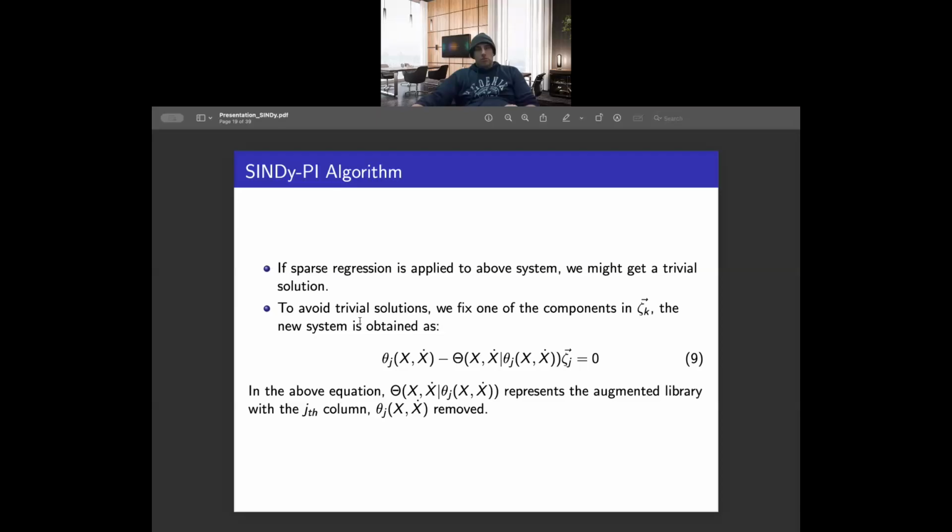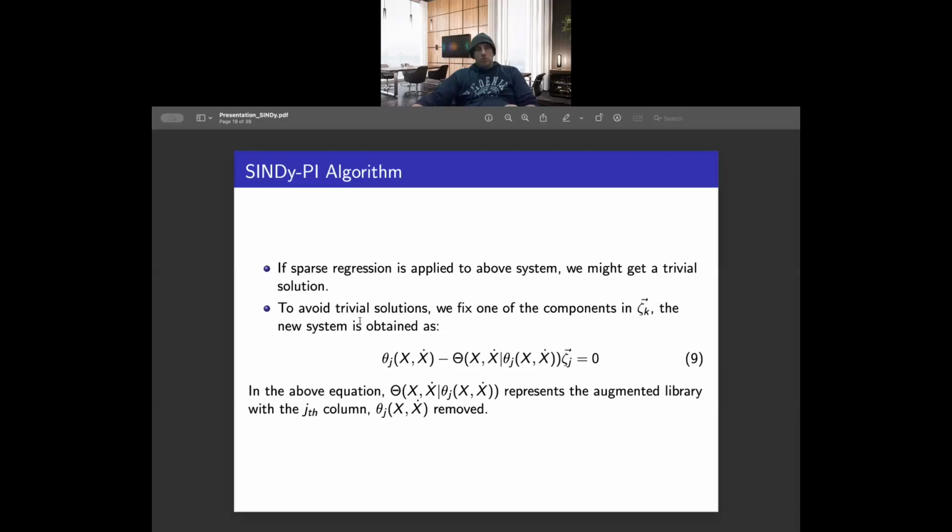We try to solve everything, and then we have these different numbers of systems, and out of those systems we select the one with the least number of variables, and which is able to capture the exact dynamics. That is the idea of the SINDy-PI. We select the system out of these parallel calculations, the one which has the least number of variables and is able to capture the dynamics exactly.